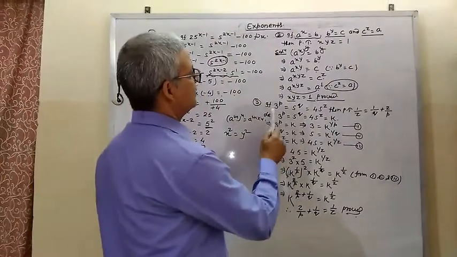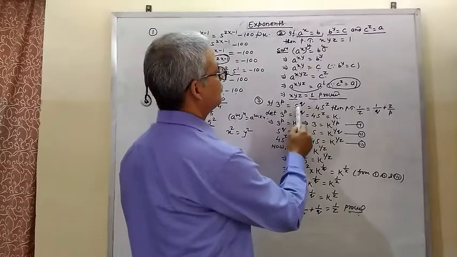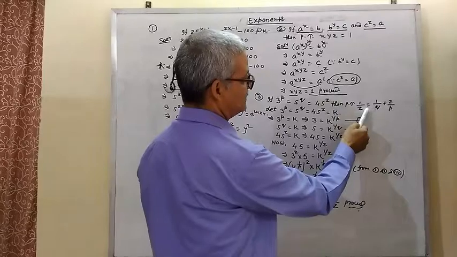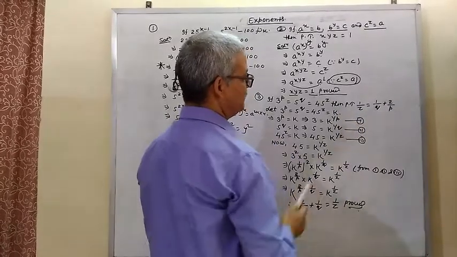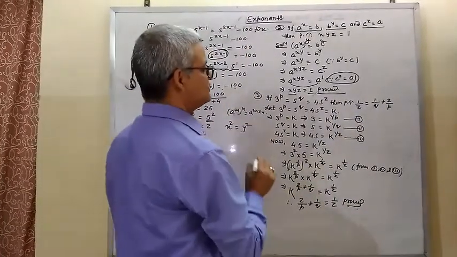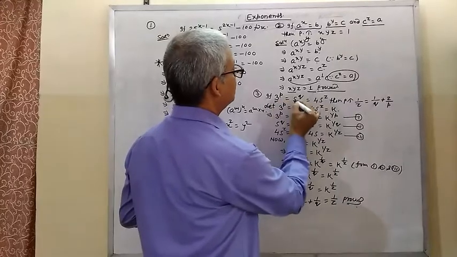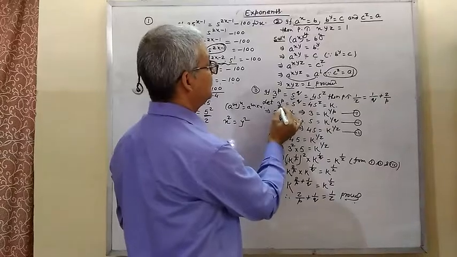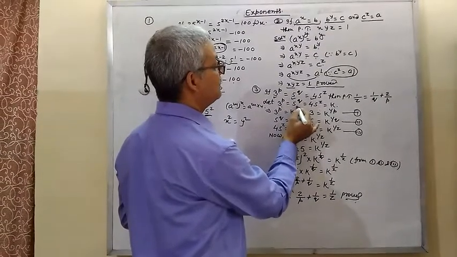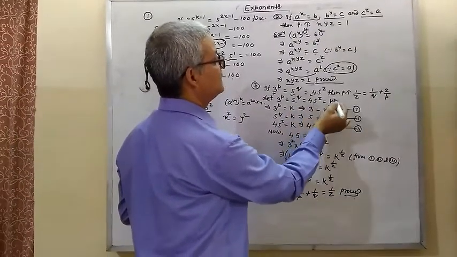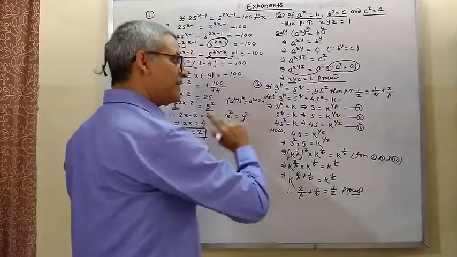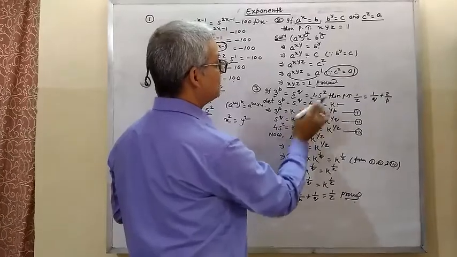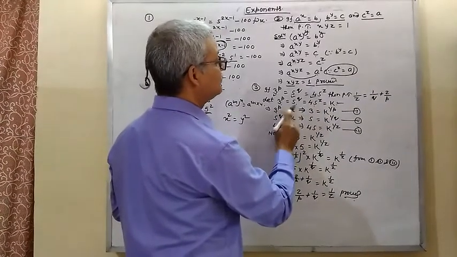Now the third question is, if 3 to the power p is equal to 5 to the power q is equal to 45 to the power z, then prove that 1 by z is equal to 1 by p plus 2 by q. Now in this question, this is equal to this is equal to this is given. So now here we suppose let 3 to the power p is equal to 5 to the power q is equal to 45 to the power z is equal to k. Now one by one equate it. 3 to the power p can be written as equal to k. Now take the pth root on both sides.